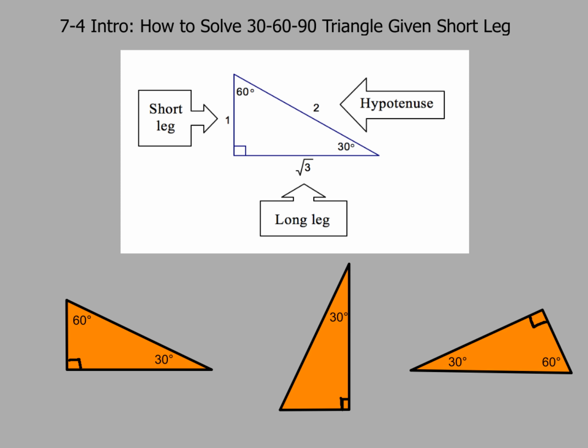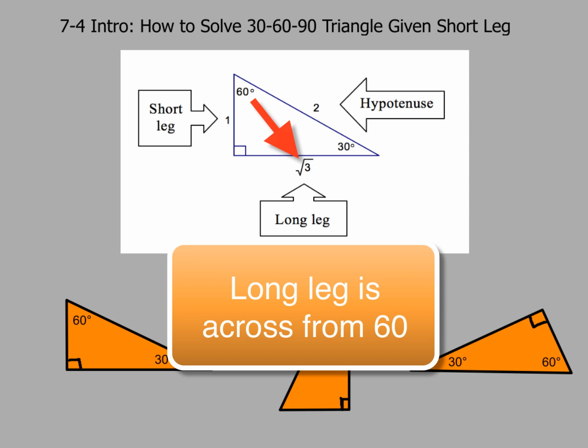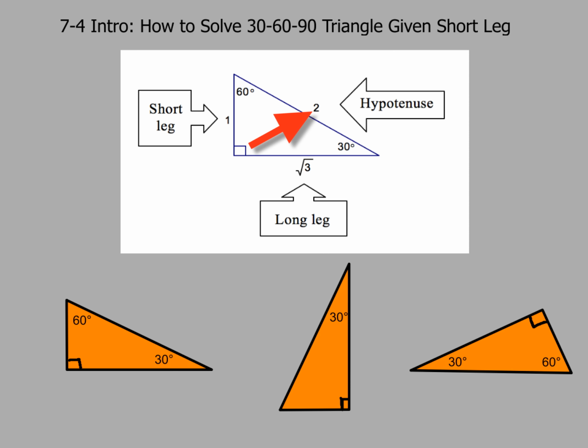Now, back to that short side question before, because I know you asked yourself, what's the short leg? So, let's go ahead and practice that. Now there's going to be 3 sides to this special right triangle, the 30, 60, 90. The short leg is going to be across from the 30-degree angle. Always, always, always. That's where short leg's going to be hanging out. Your long leg's going to be across from the square root of 3, and the hypotenuse will always be across